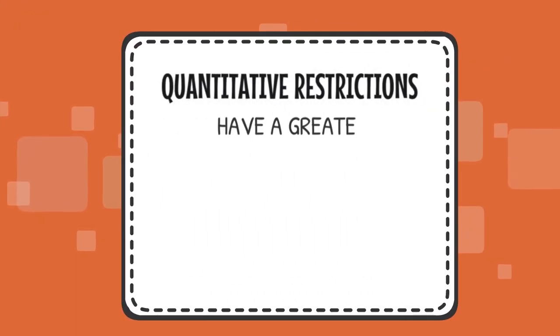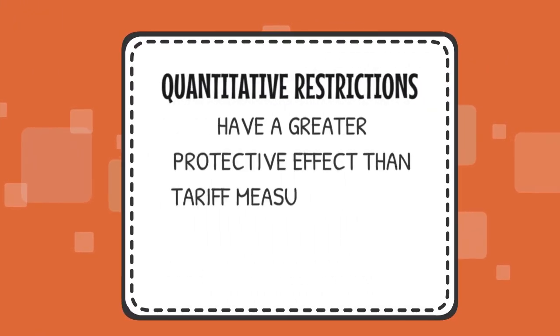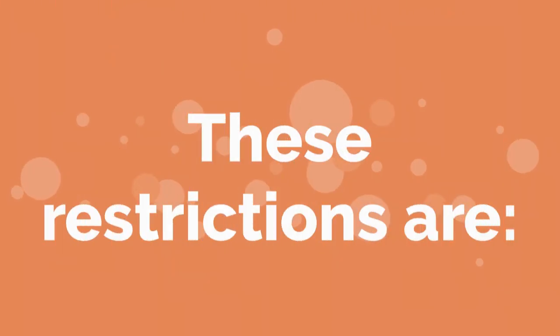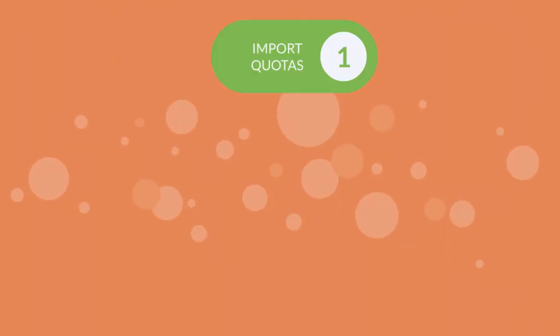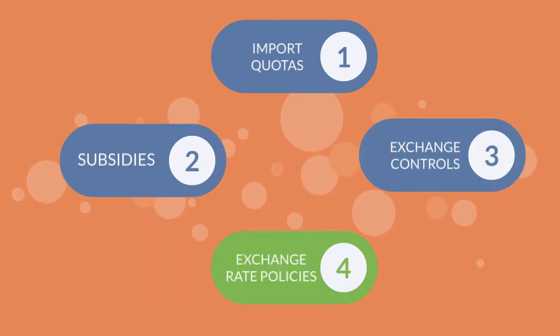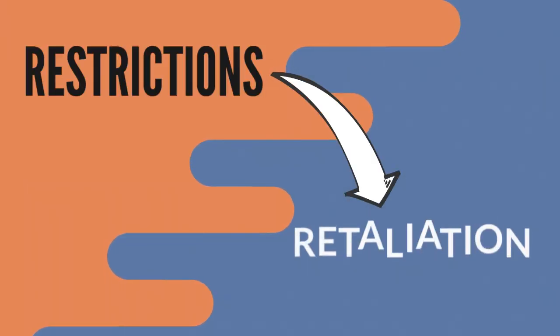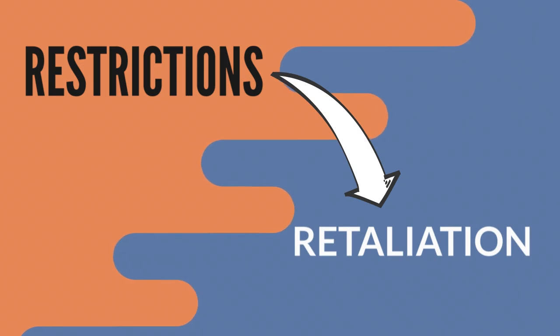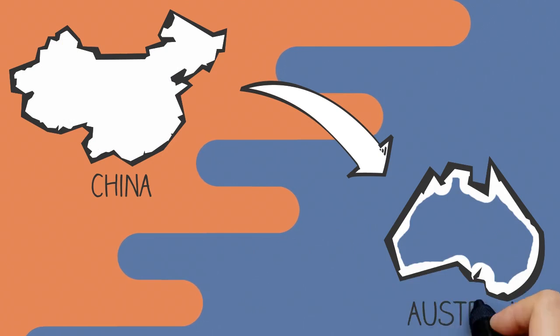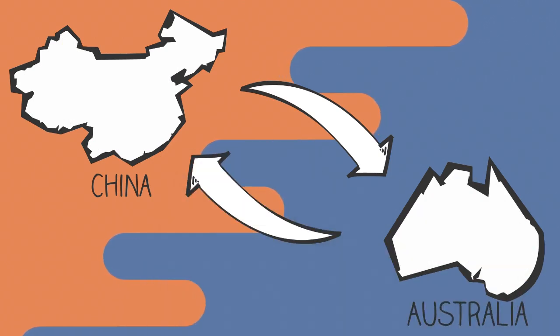Quantitative restrictions have a greater protective effect than tariff measures and are more likely to distort free trade. Some of these restrictions are import quotas, subsidies, exchange controls, exchange rate policies. Countries need to be mindful that trade restrictions can lead to retaliation. For example, if one country restricts another from importing goods, then the other country will retaliate and impose the same